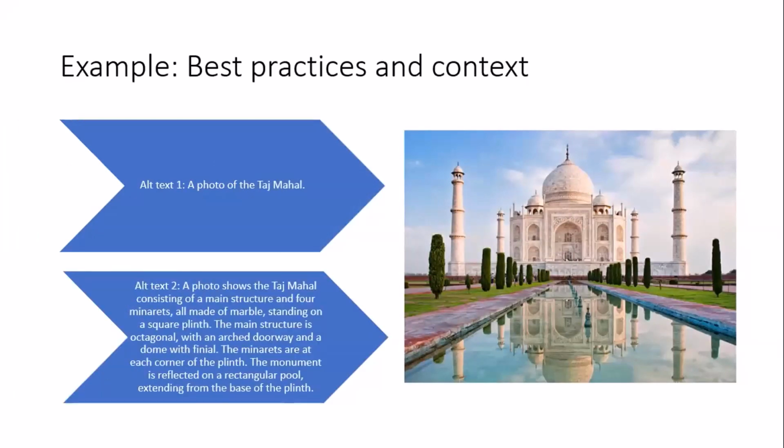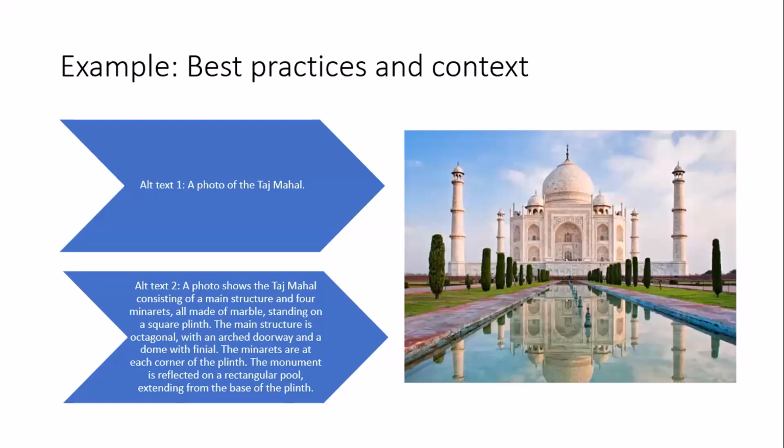So again here, this is the picture of the Taj Mahal. When there is no context for this image, for example, it comes just as a picture somewhere in social media, then I can just describe it as a photo of the Taj Mahal. But when it comes in a book, an architectural design book or something like that, then it needs more context to understand that this image is being published in this context.